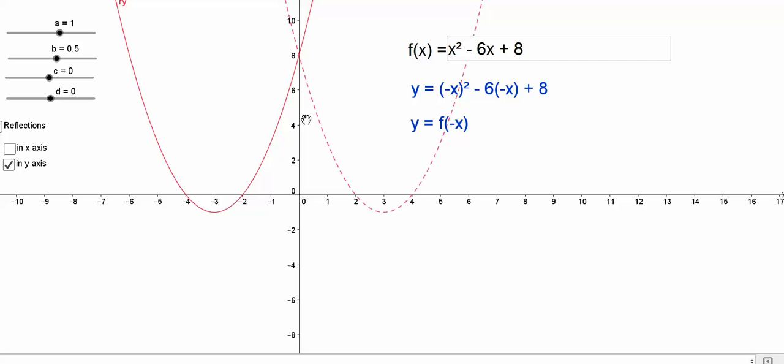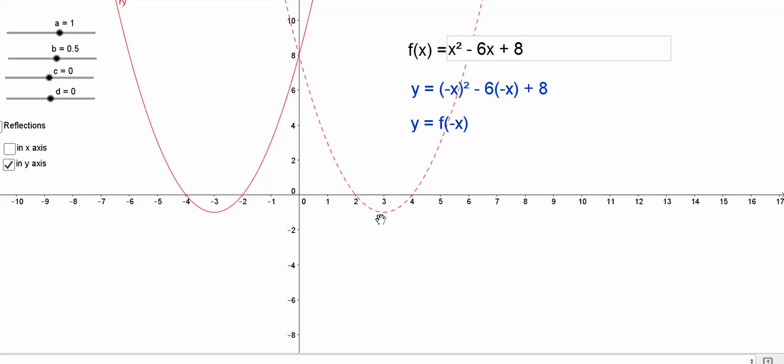As we can see, every point has an associated point the same distance away from the y-axis as the original. So the minimum point is over here, the same distance from the y-axis. Any point that's on the y-axis, like 0, 8, stays where it is. And what's happening here is the